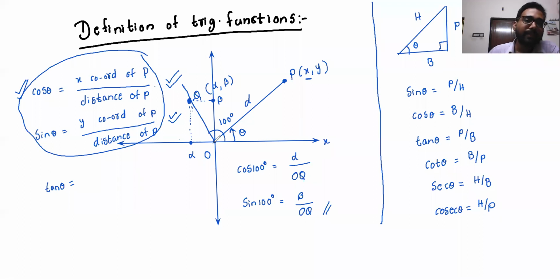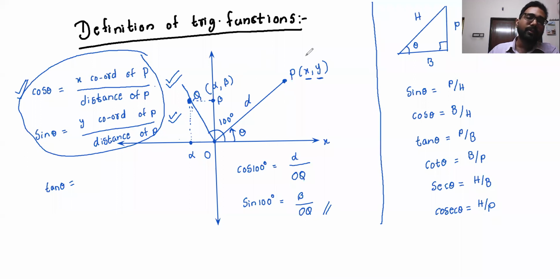So if P is same as O, then we don't have a line, we just have a point. So P has to be different from O. So then it will surely give us a line segment. And if this segment makes an angle theta with the reference, then cos theta is defined as x coordinate of P divided by distance, sine theta is defined as y coordinate of P divided by distance. So that is the reason why all are positive.